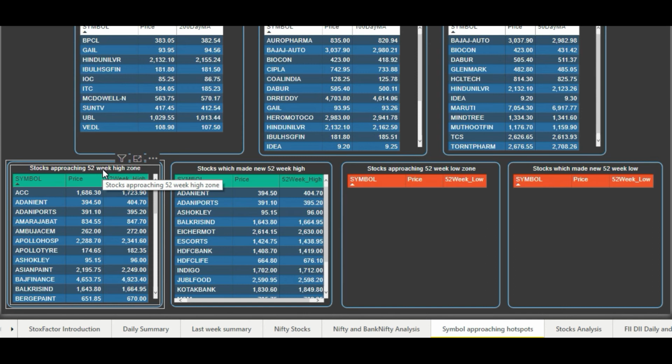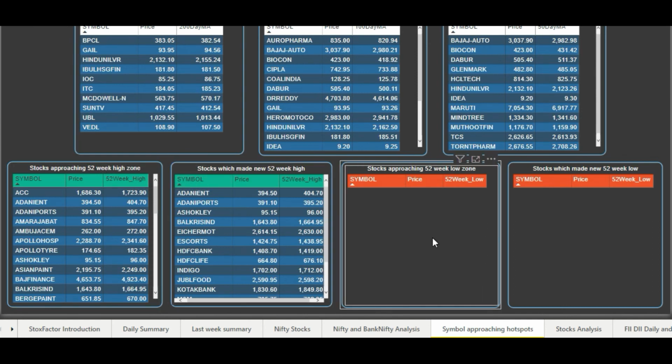Similarly, when the stock is in the 52-week low zone or at the 52-week low, that means the company is not doing well and people are selling the stock relentlessly, and it has broken the previous 52-week low also, and it is in a strong downtrend. Right now you cannot see any such stock because after March 2020, when the market hit the bottom, there has been a continuous rally, and most of the stocks have again made the 52-week high, or they are already in the 52-week high zone.